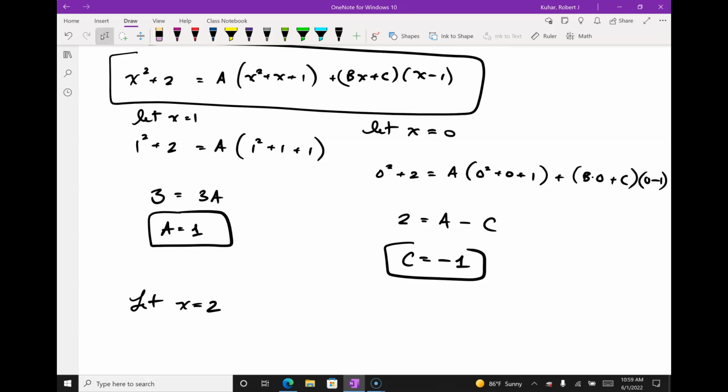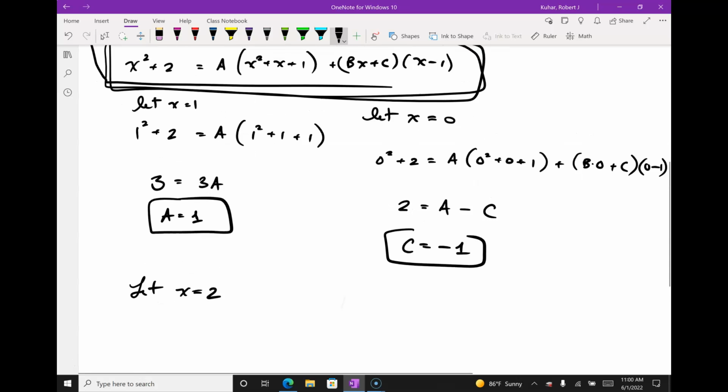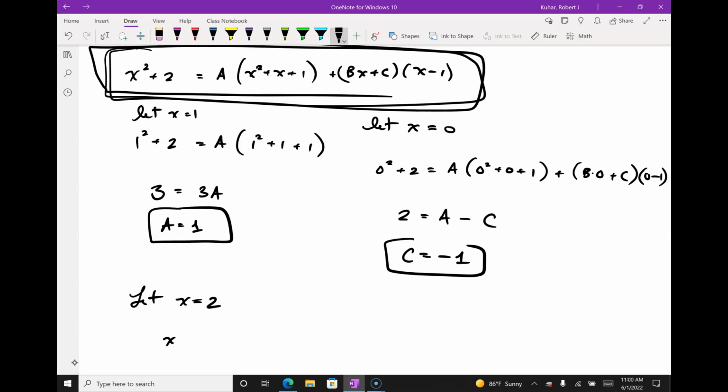Usually about this point, I start getting bored. And what I do is I rewrite my generator. I call this guy the generator. It's generating values of x. It's finding me A, B, and C. So I want to rewrite my generator first. I get x squared plus 2 equals x squared plus x plus 1. Because remember, A is 1